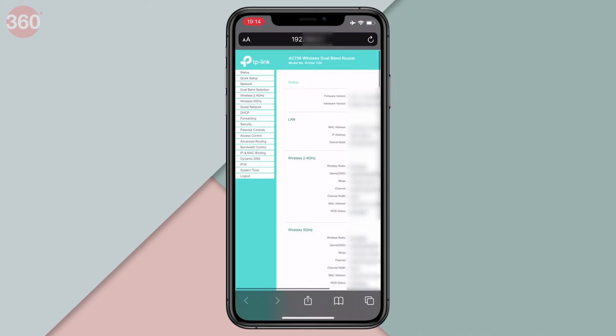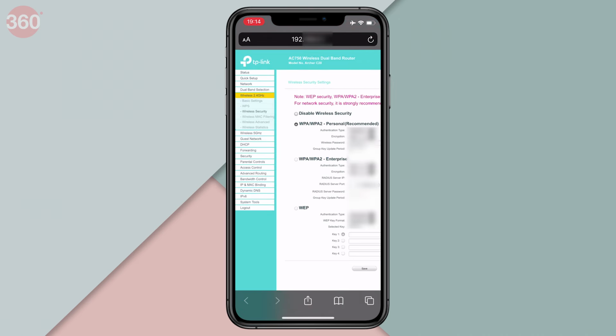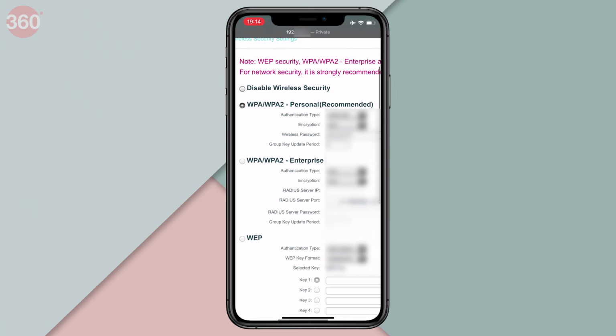In most cases, your router's user ID and password will be set to admin, so you can try that and see if it works. Just in case it doesn't, you can always visit the company's website to find out the different user ID and password combinations. Besides, most routers have their login details listed at the back, so you can check there as well. Moving on, once you have logged in, you just have to locate the wireless security settings for your router. Once you see that, you will be able to view your Wi-Fi password.